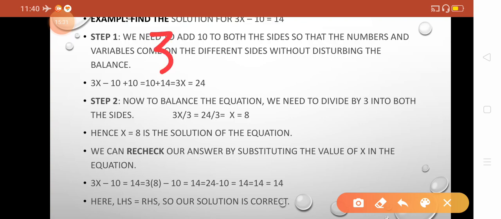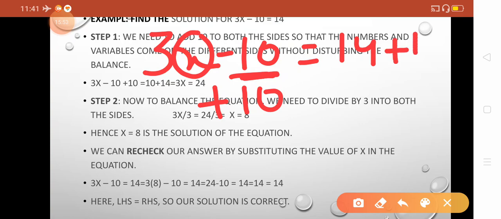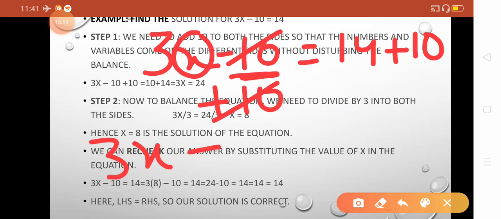So again we will take the example 3x minus 10 is equal to 14. I want to skip this minus 10 because I only want the variable here. All the other things I want to vanish. So to vanish minus 10, I will apply the opposite operation. Here minus is there, so I will apply the plus operation. So here also I have to apply the plus operation. So 3x minus 10 plus 10 cancel is equal to 14 plus 10, 24.